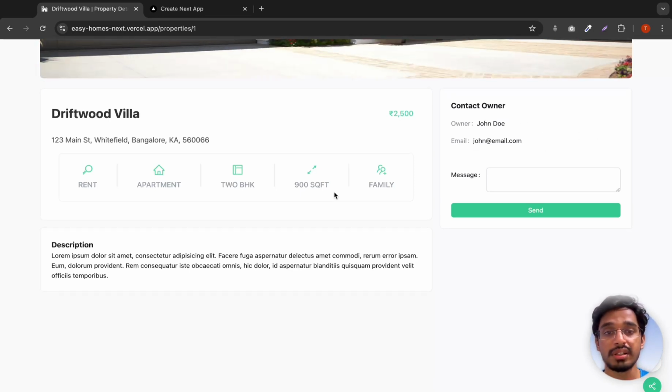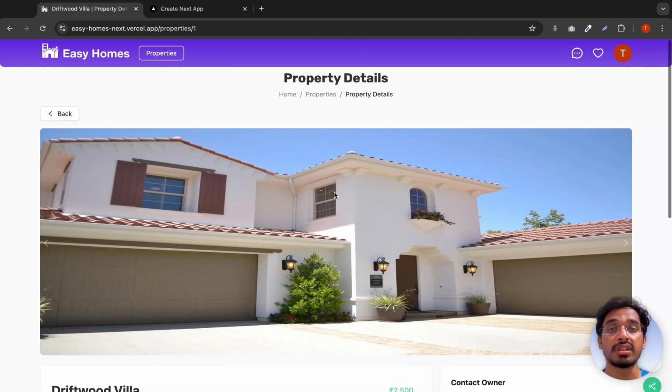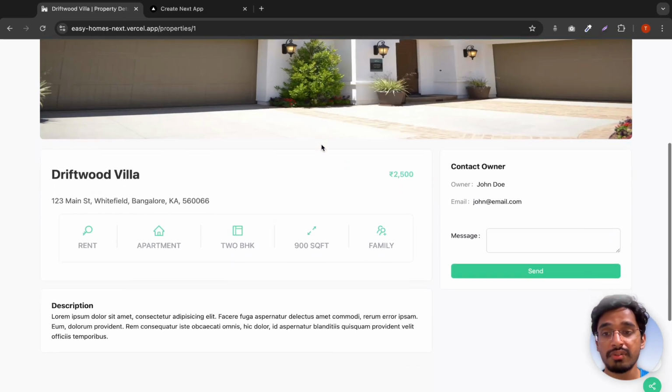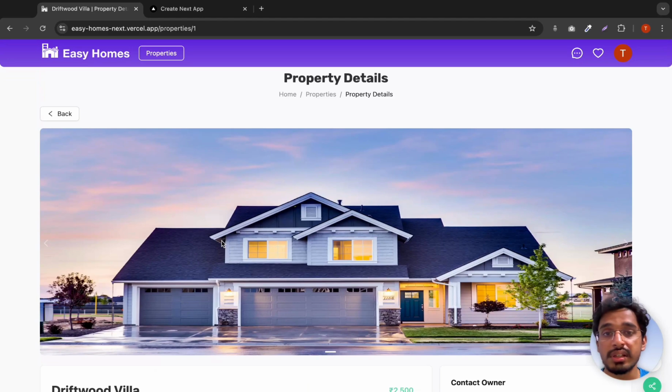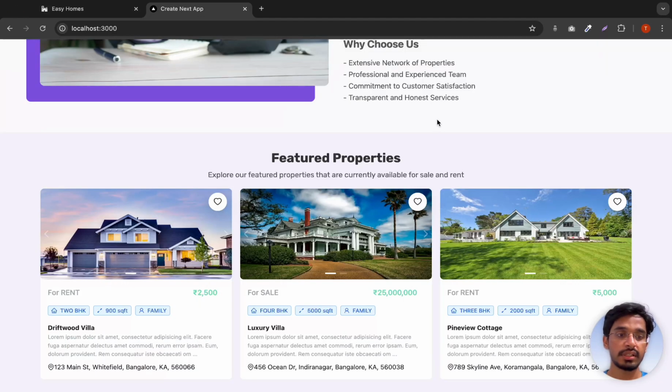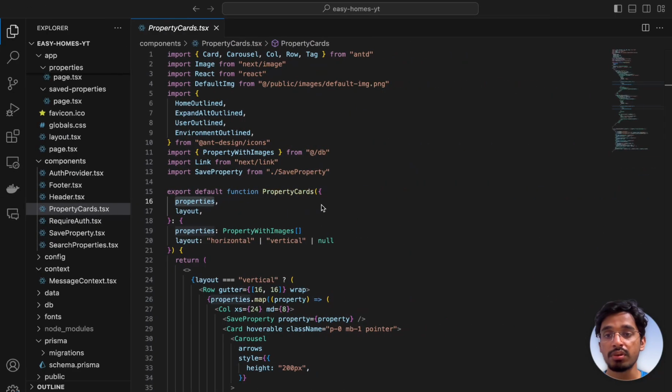So let us get started. In this video we are just going to build this carousel, and display the information about the property and the description. Let's start by giving a link to this card, such that when I click on it, it navigates us to the page slash properties, and then the ID of the particular property that we are clicking on. So let us go back to our code, and go to the property cards